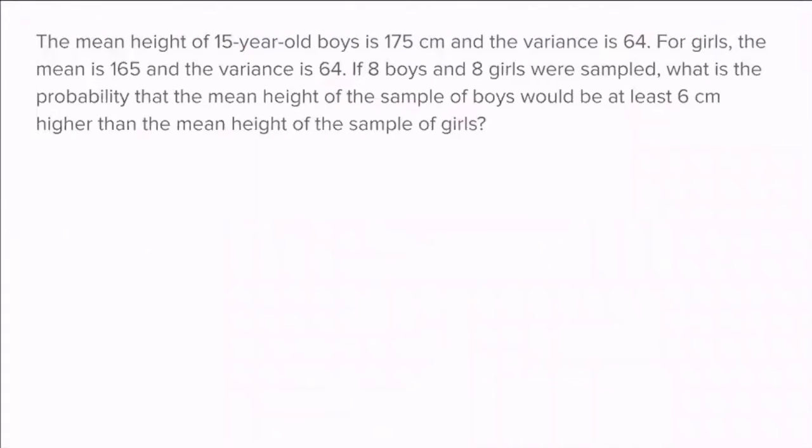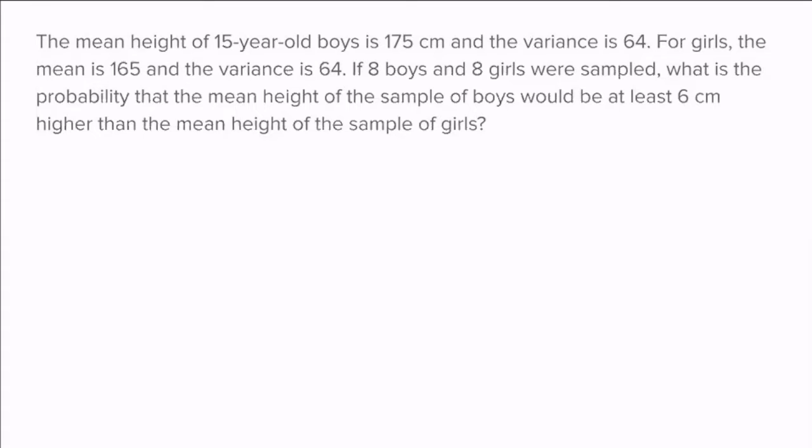All right, let me pop back over here to my slides. It says the mean height of a 15-year-old boy is 175 centimeters, and the variance is 64. For girls, the mean is 165 and the variance is 64. If 8 boys and 8 girls were sampled, what is the probability that the mean height of the sample of boys would be at least 6 centimeters higher than the mean height of